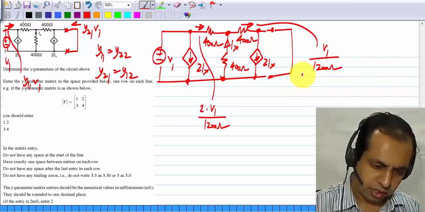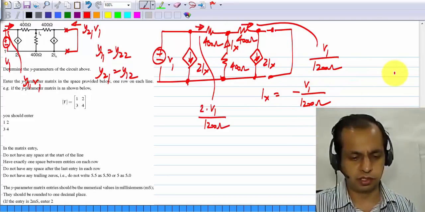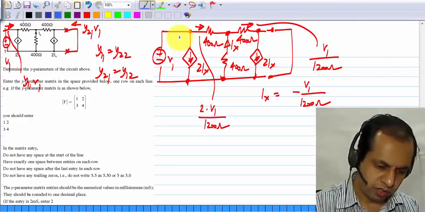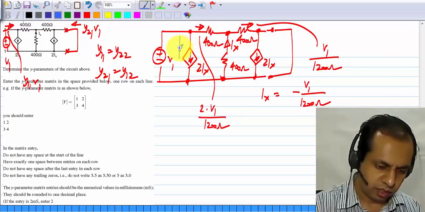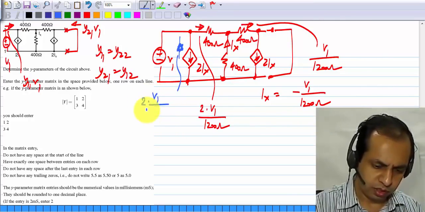This Ix will be minus V1 divided by 1200 ohms because of its direction. And what do we have here? This is 2 times Ix, which really means a current flowing that way, equal to 2 times V1 by